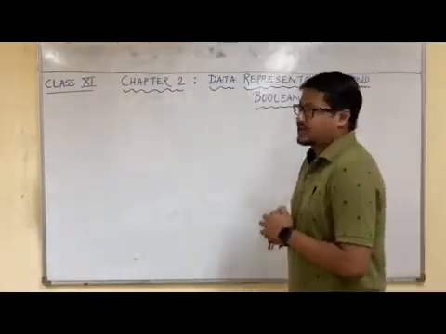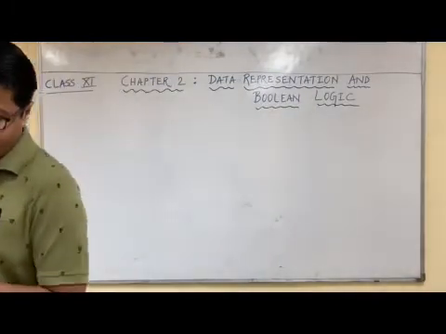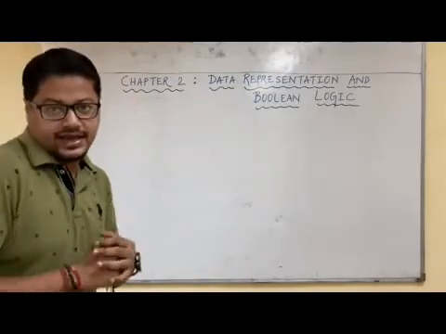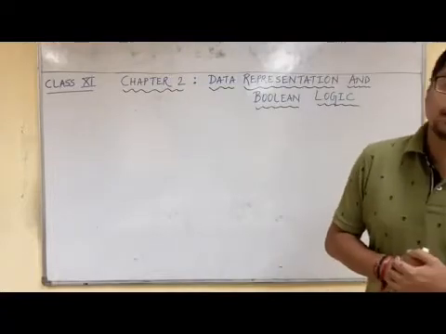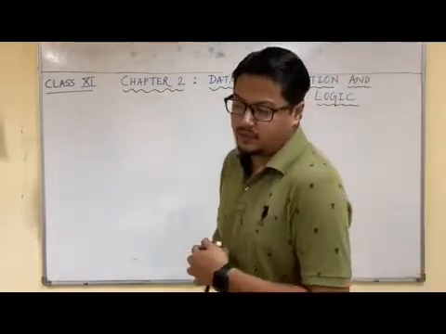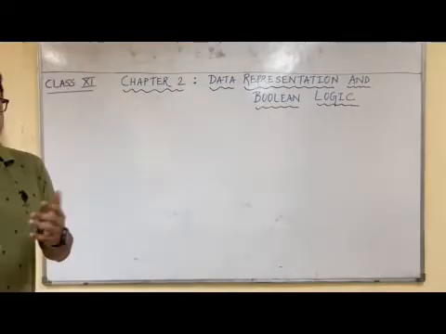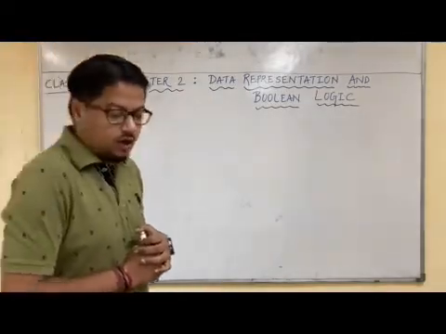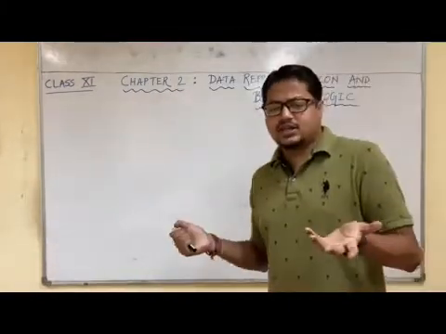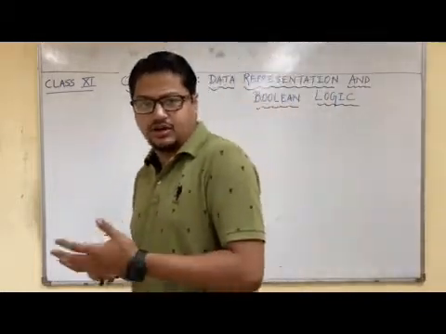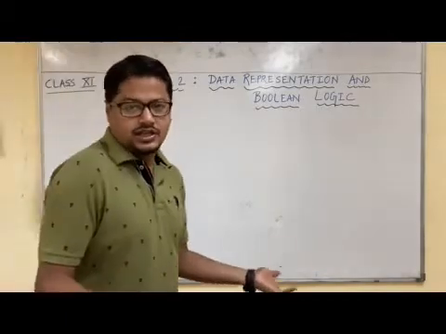Now understand, students. A computer does so many tasks. Suppose I give it a product, it can scan its barcode. Suppose I give it a QR code, it can understand what content is there in the QR code. Suppose I tell a computer to do any big amount of calculations, it can perform it within a fraction of a second. Now, what is a computer system actually made up of? It is made up of the motherboard and other parts. In short, a computer system is made up of circuits.